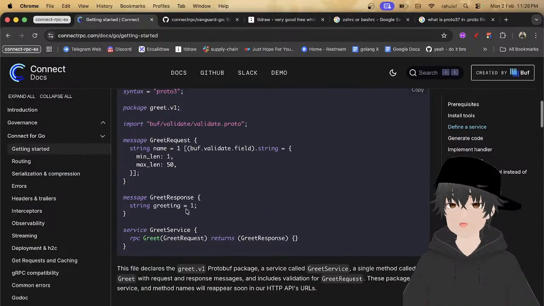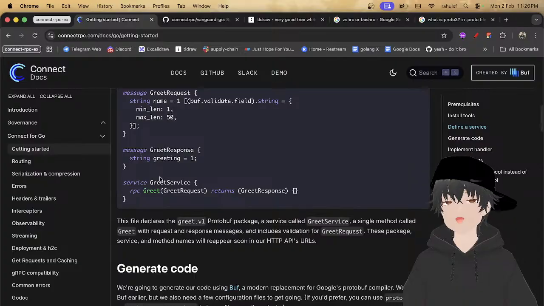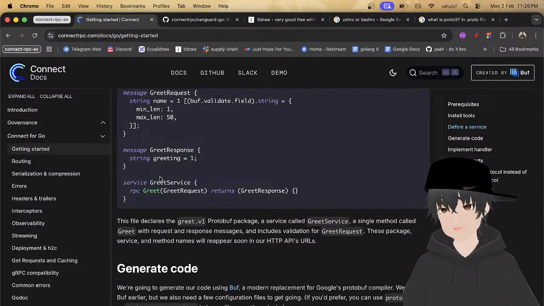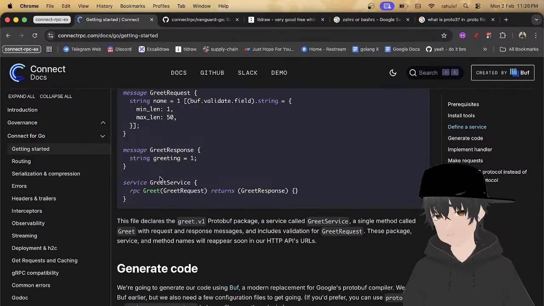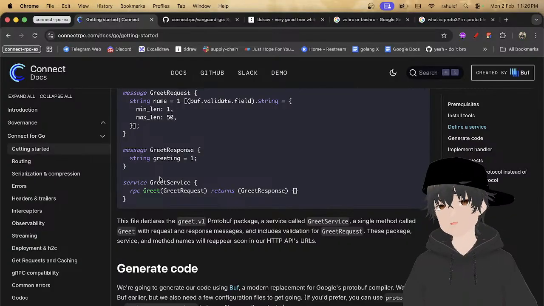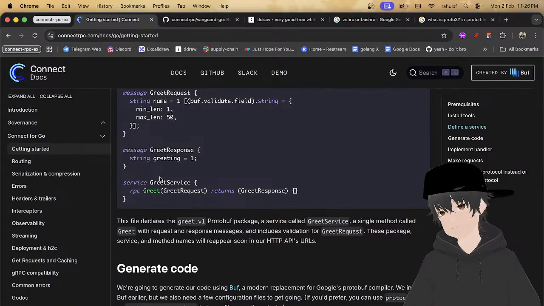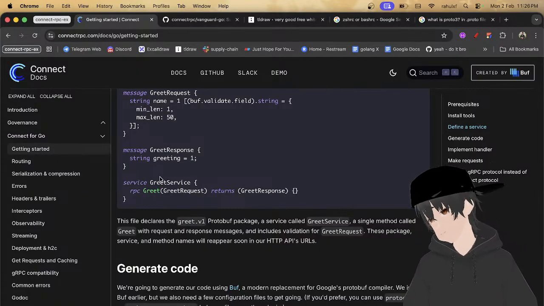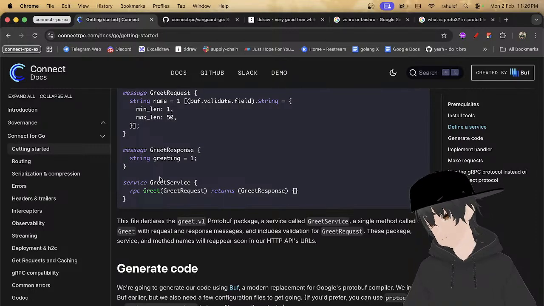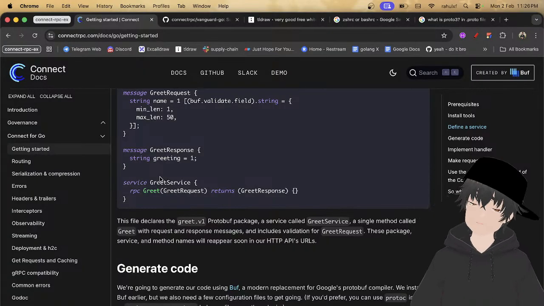You can write validation if you want, but I don't want validation, so we are skipping that. These package names and method names will appear soon in our HTTP API URLs. Okay, that is cool.